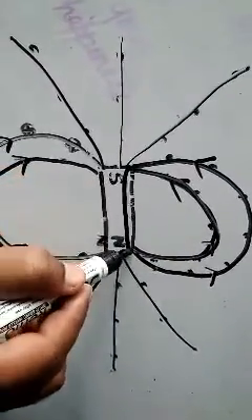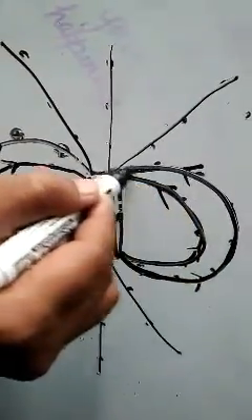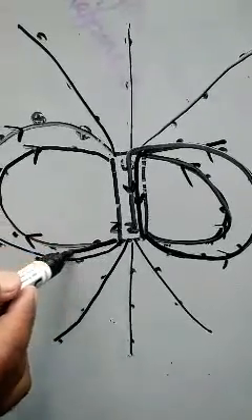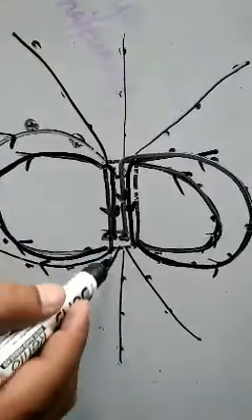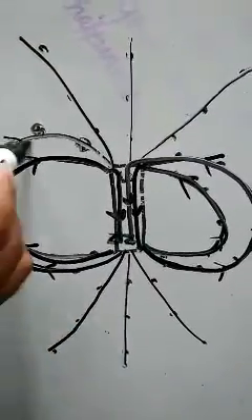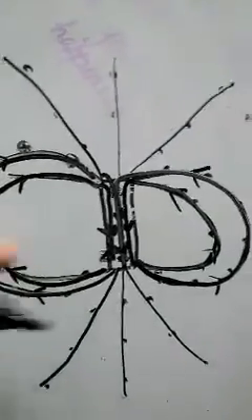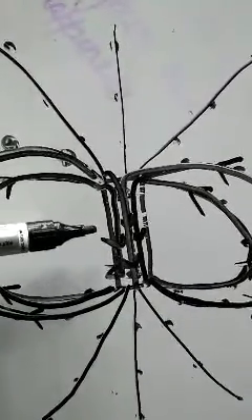After that again they are coming S to N inside. N to S outside, after that again inside S to N. Here again N to S outside, S to N inside. Again N to S outside, S to N inside like this. These are very very important points. Outside and inside both are possible. Okay? That is why magnetic lines of force are said to be closed curves.